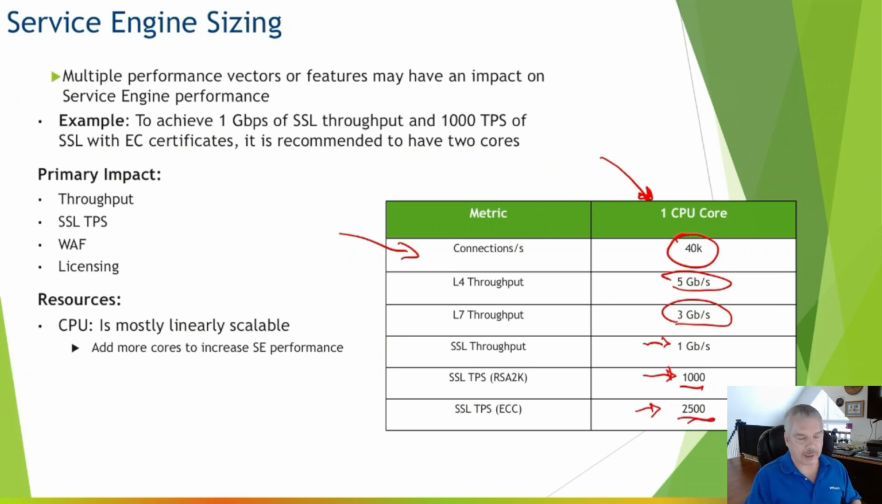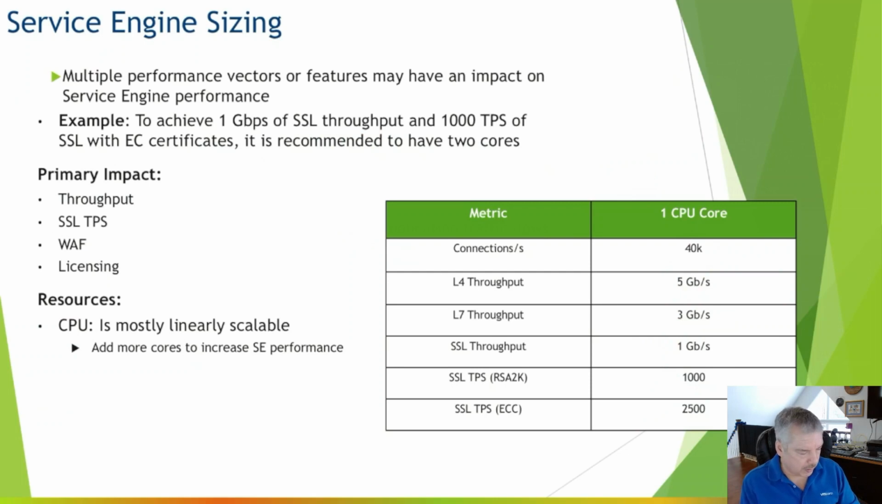This is a guideline, and the reason why I'm saying guideline is because this says one CPU core. Well, hang on a second. How big is that core? How fast is it, right? So this is kind of a guideline, a good starting point. So here we give you an example. To achieve about 1 gigabit of SSL throughput, so let me clear all my stuff here. So to get about 1 gigabit of SSL throughput right there, and 1,000 transactions per second of SSL with elliptical curve, they recommend 2 cores, one for each of these. Okay,